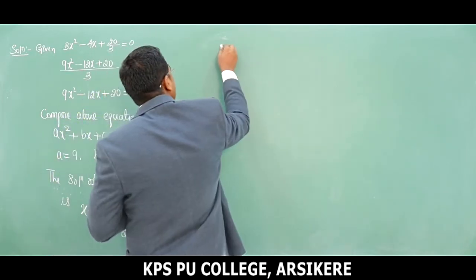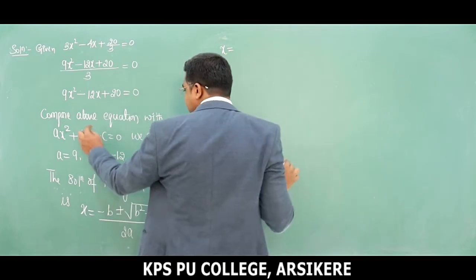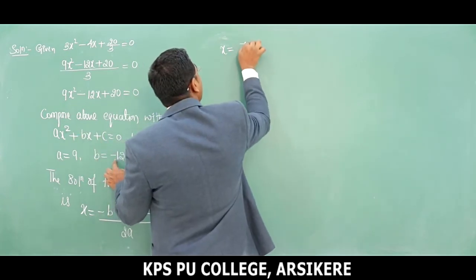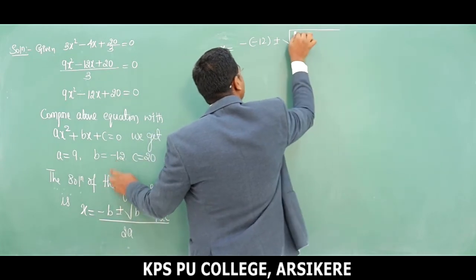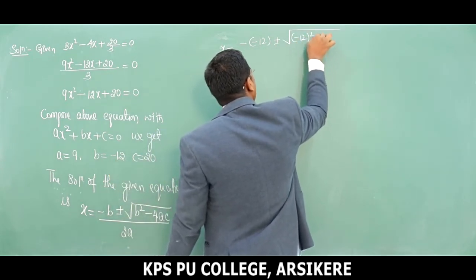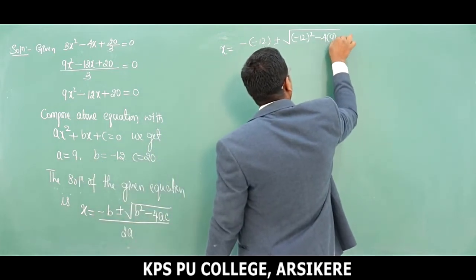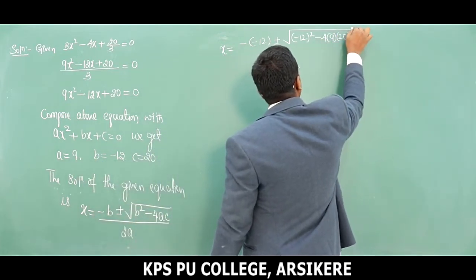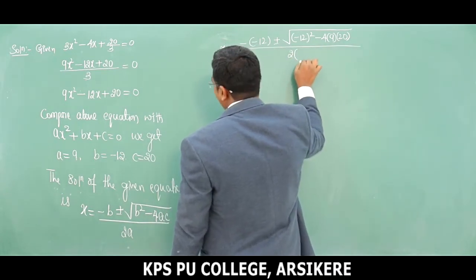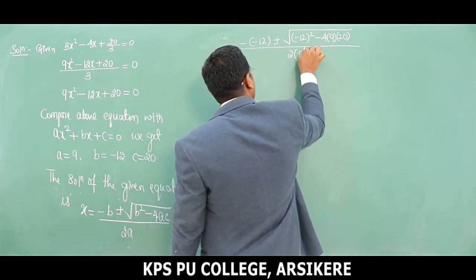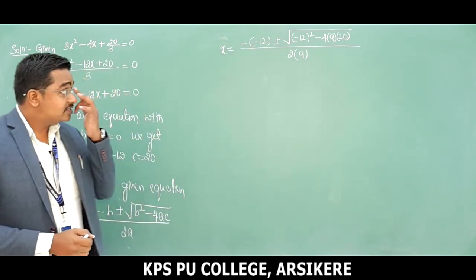We'll get here x is equal to minus b. What is the b value here? 12 is this. So minus of minus 12 plus or minus square root of minus 12 whole square minus 4. What is a value is 9 into 20, whole divided by 2 into what is a value 9. Is it clear? ಅರ್ಥ ಆಯ್ತಾ ಮಕ್ಕಳ? ನೆಕ್ಸ್ಟ್ ಸ್ಟೆಪ್ ಈಸ್ ನೋಡಿ,